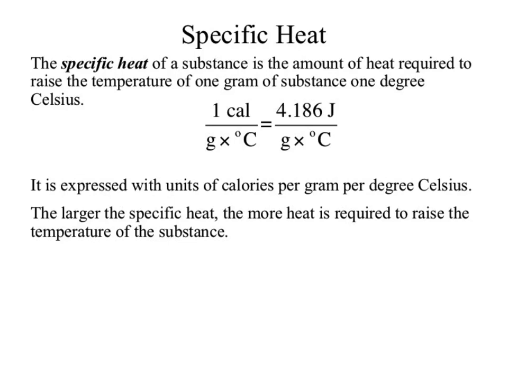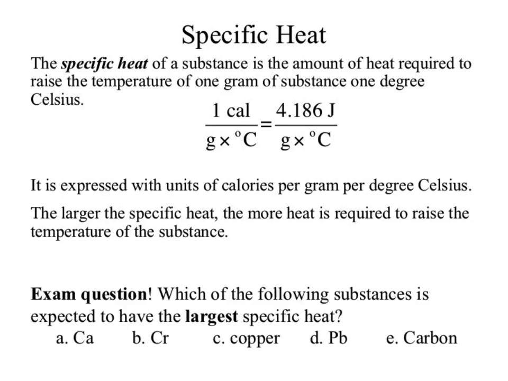Before you get too bogged down in all those numbers, ultimately what that is now is a fancy conversion factor. We could go through and use it. It's a really complex one because there are 3 units that we'd have to convert as opposed to just 2. I don't care. We're not going to use it as a conversion factor. It's there just to show you the origin of specific heat. The more important part gets at what we were just talking about with our pots and pans. Which of the following substances is expected to have the largest specific heat?